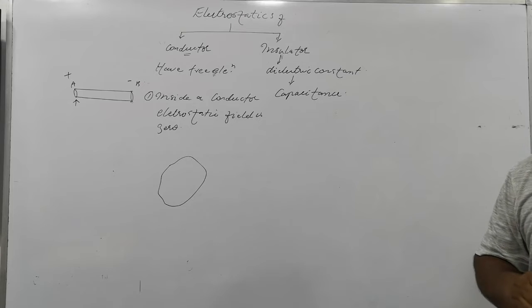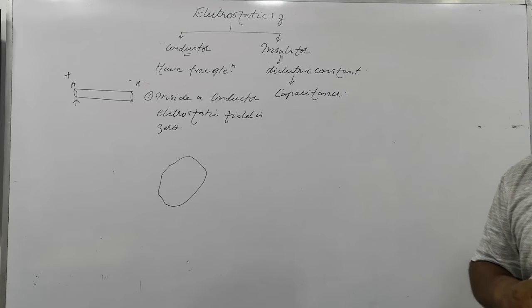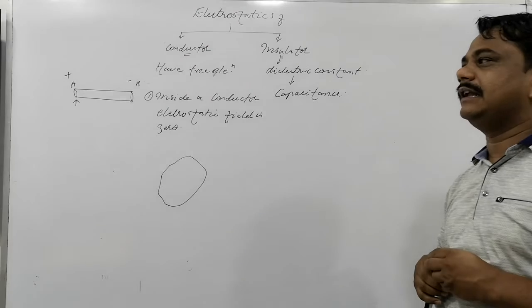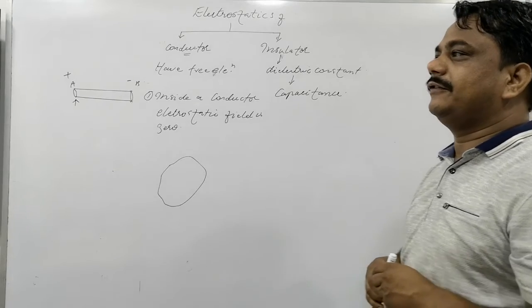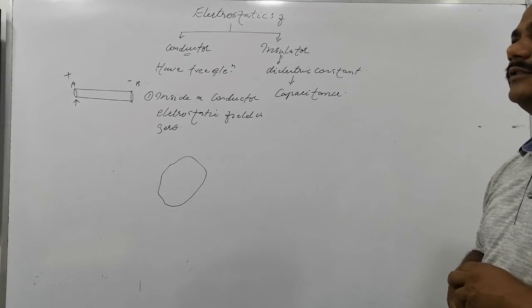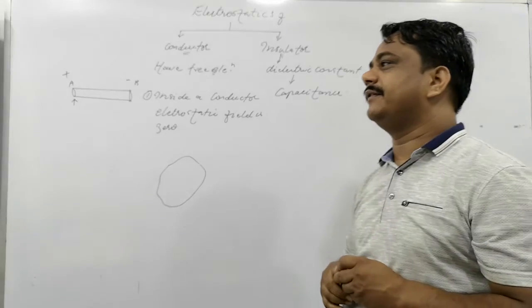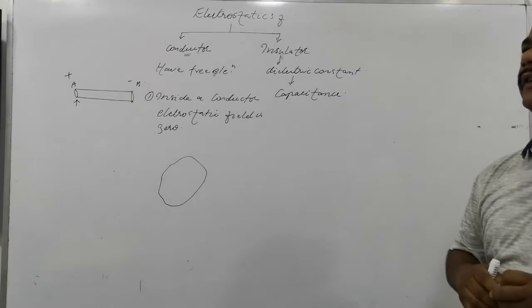Everywhere inside the conductor, this fact can be taken as the defining property of a conductor. A conductor has free electrons, and as long as the electric field is not zero, the free charge carriers would experience a force and drift. In the static situation, the free charges have no further distribution in themselves. The electric field is zero everywhere inside. Electric field is zero inside a conductor.